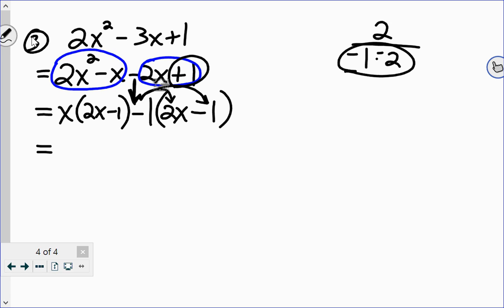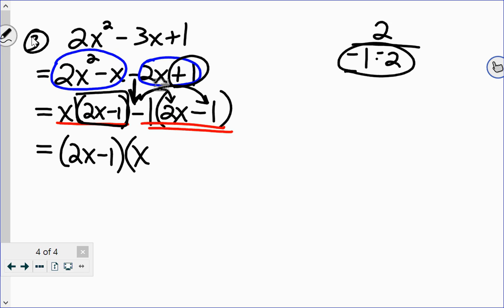So now I look and I see that we have this term and this term, and I want to take out what they have in common. Well, what they have in common is the factor 2x minus 1. Then I'm going to write down what's left. Well, if I take out the 2x minus 1 from the first term, I'm left with x, minus, if I take out 2x minus 1 in the second term, I'm left with a 1. And that's the reason I want to write the 1 there when that was all they had in common. Otherwise, you kind of get confused about, well, there's nothing there, so they don't have anything in common. All right, so now let's look at FOIL